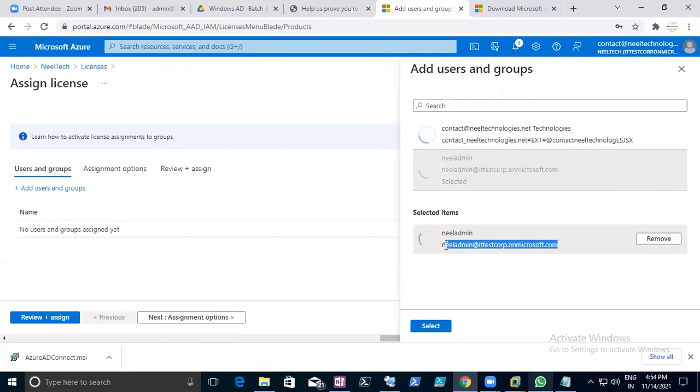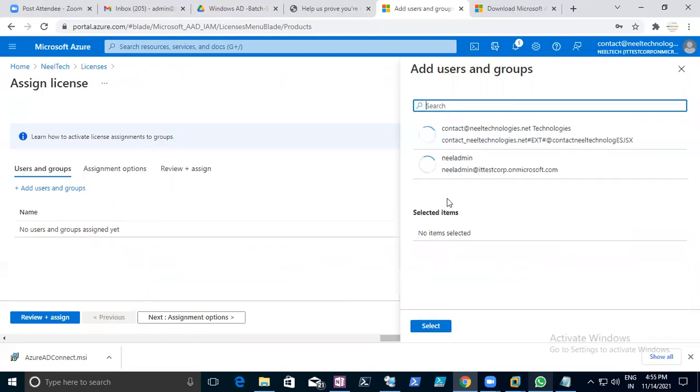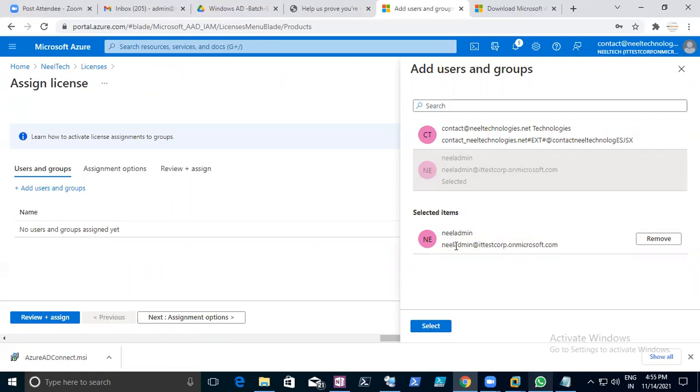Did you get a password for this? The Neil admin user you created, right? You got the password for this? No, right? This is a domain name. User, what we get, password, what we get. Let's see, that is okay. Assign this guy. Okay, assign this one.